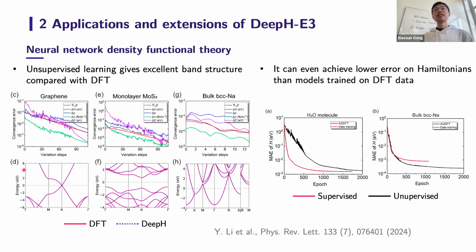I had a similar question: without any sort of pre-training, how are the initial predictions even somewhat reasonable? They are not reasonable actually. If we just randomly initialize the network parameters, it will give random numbers. But somehow this unsupervised learning can guide the neural network parameters to update, and then it will get a better, physically sensible answer.